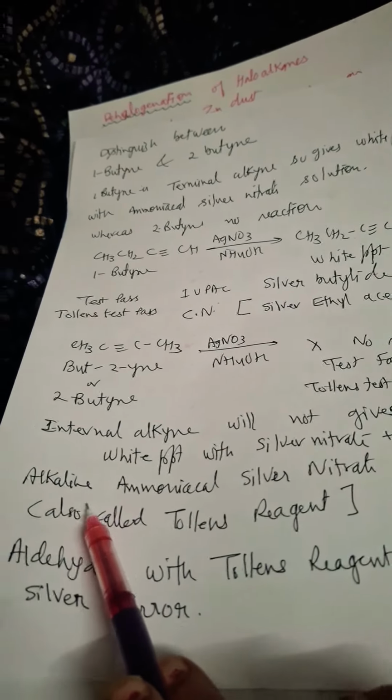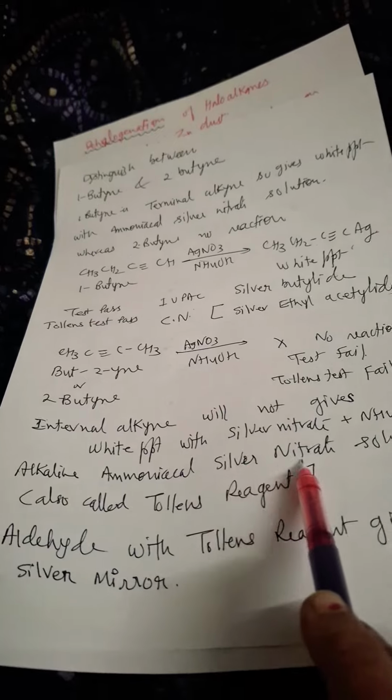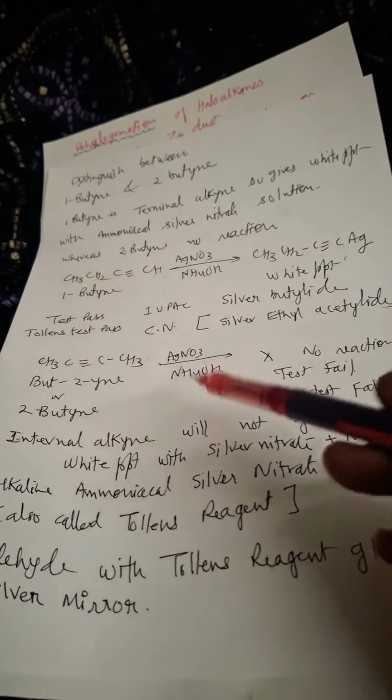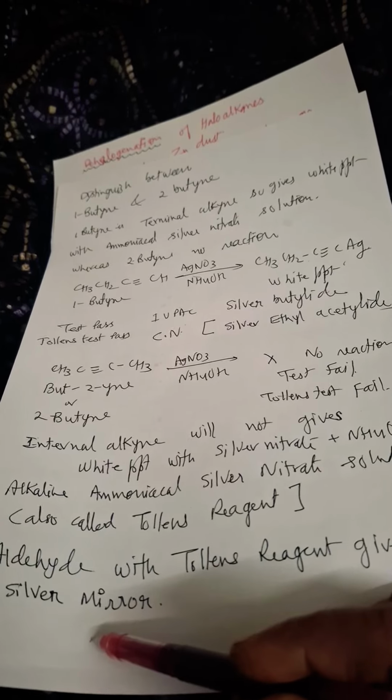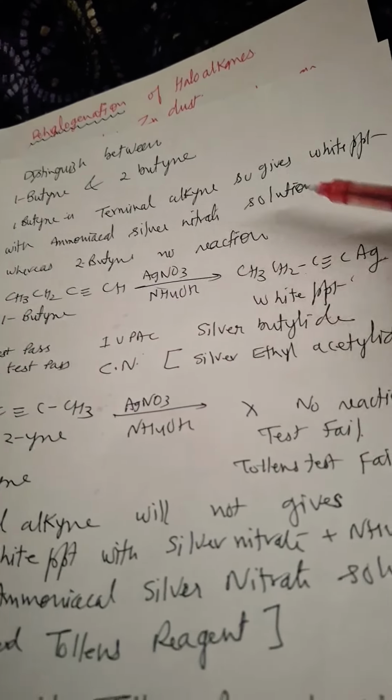So this is the Tollens test, we call it, because it is ammoniacal silver nitrate. A white precipitate is obtained. An aldehyde gives a silver mirror. That is the difference between the aldehyde and the alkyne test. Okay, so in this way you can easily find out all the